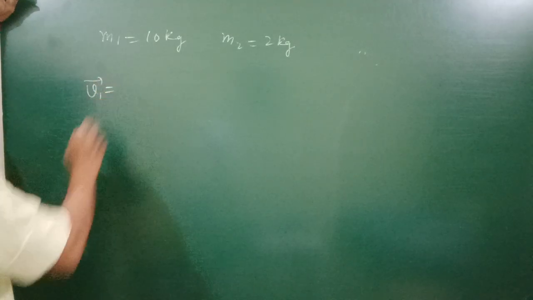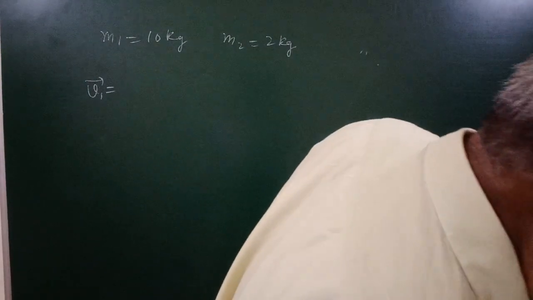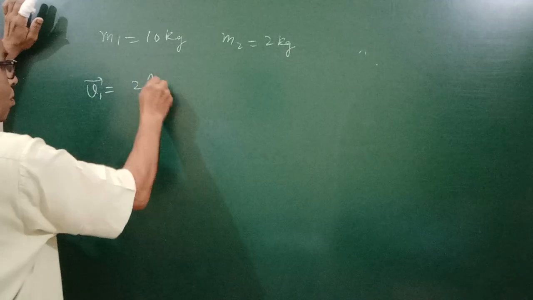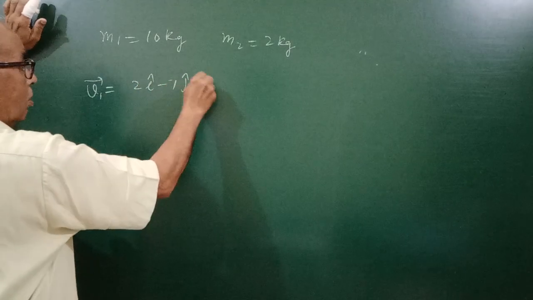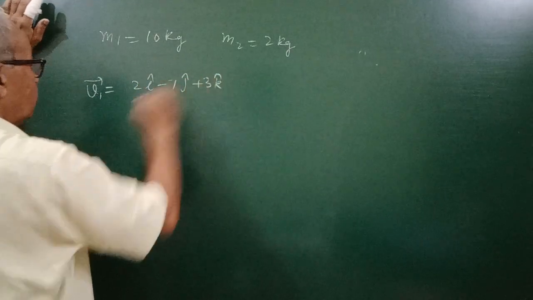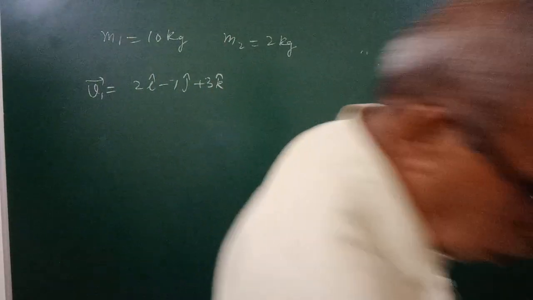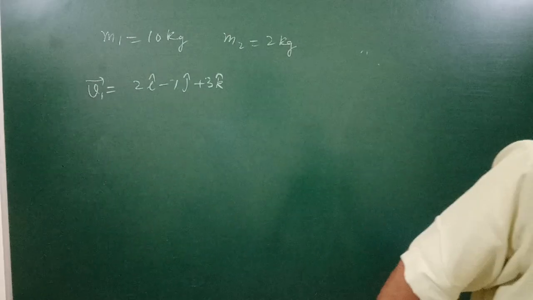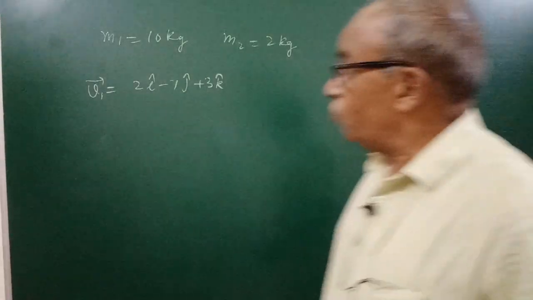V1 is 2i cap minus 7j cap plus 3k cap. So the velocity V1 is 2i cap minus 7j cap plus 3k cap, and V2,